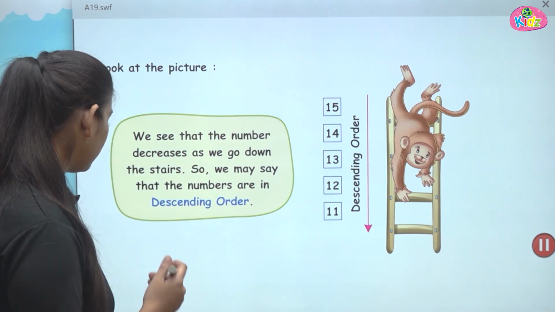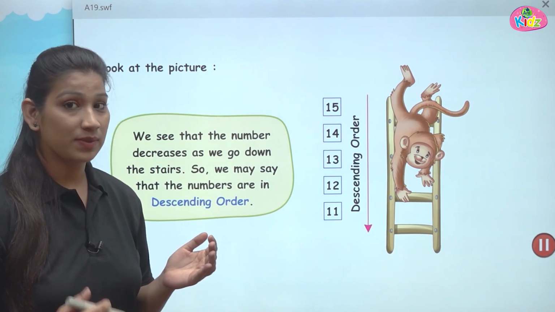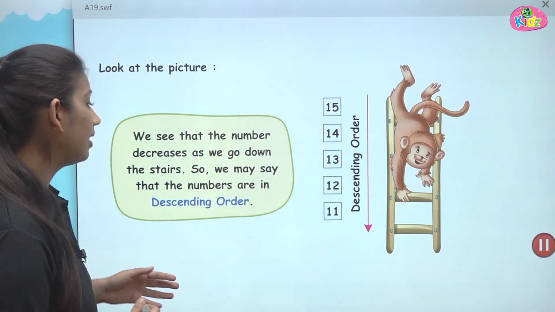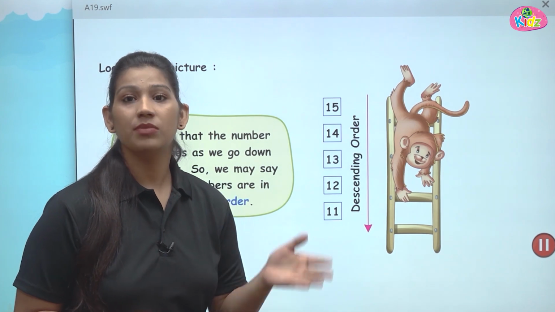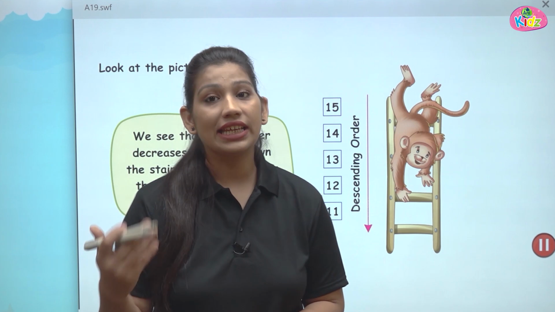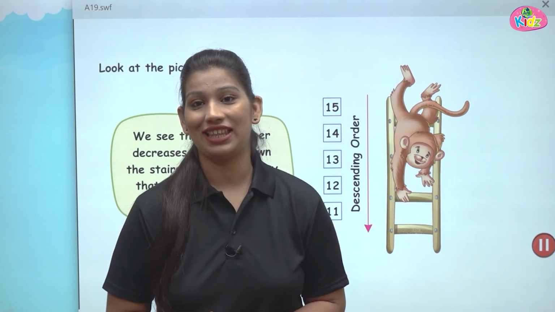जैसे हम stairs पे नीचे की तरफ आते हैं, हमारे steps कम होते जाते हैं, कम steps बचते जाते हैं, उसी तरीके से numbers भी छोटे होते जाते हैं. We may say that the numbers are in decreasing order. जब numbers decreasing में हो तो उसको हम descending order कहते हैं. जब number increasing हो, number बढ़ते जा रहे हो, तब उसे हम ascending order कहते हैं.